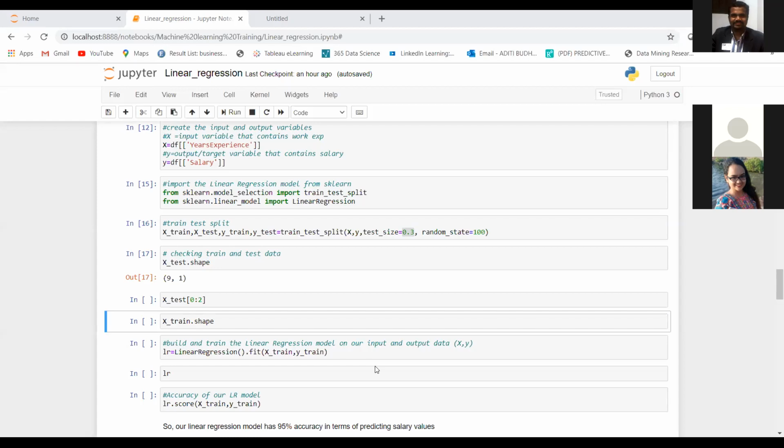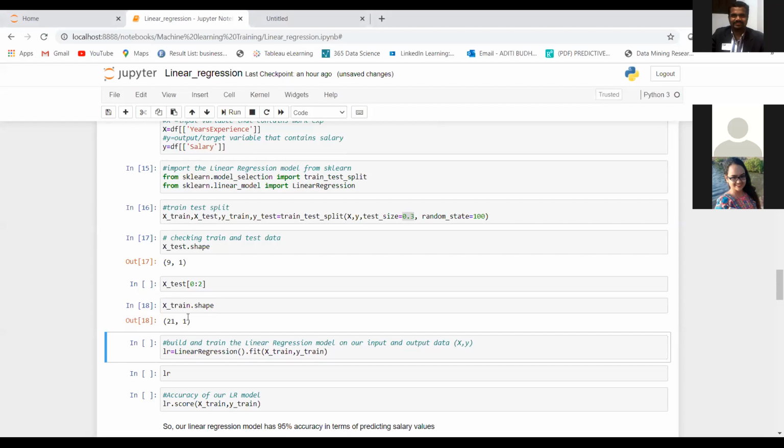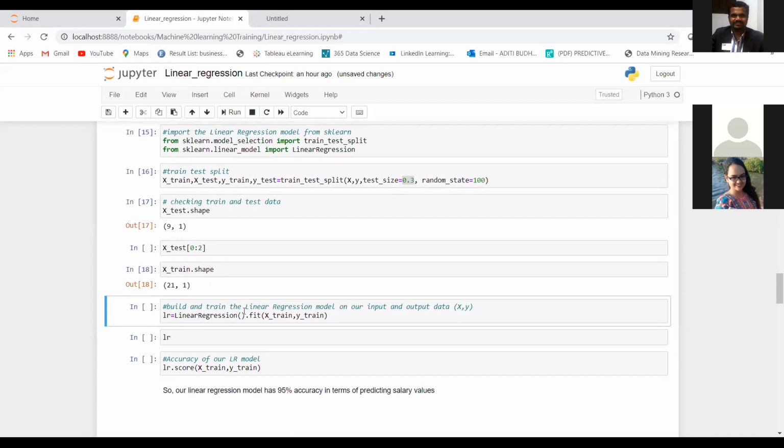So 70% of 30, which is 21, right? So here you can see we have got 21, and 1 is the number of columns, since we have just one column in our input variable data set, which is the years of experience. So that's why we have just one over here, right?